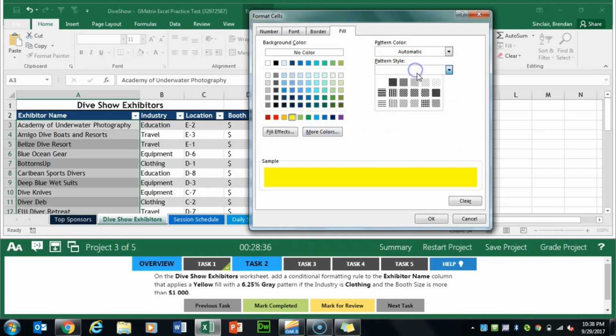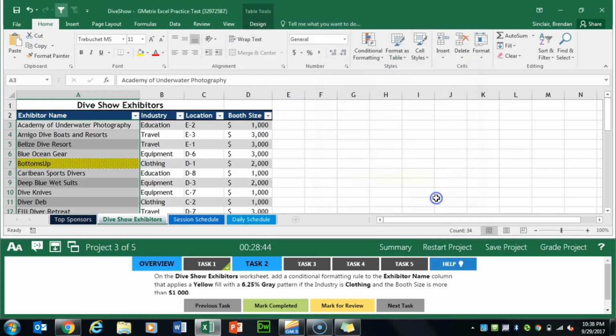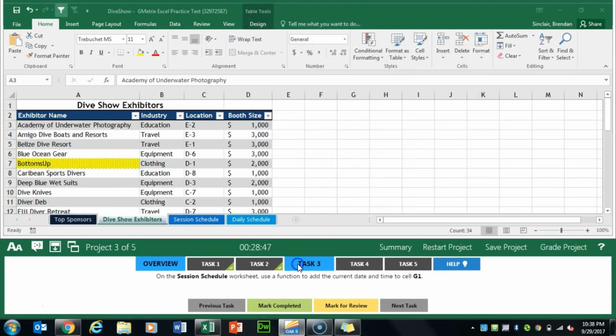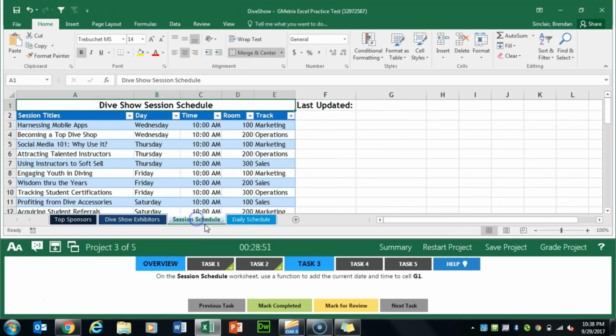And then our pattern style needs to be the 6.25% gray. If you're not sure, hover on that. It will tell you what you need. We'll click OK, and we'll click OK. We'll click Mark Completed. Task 3 asks us to go to the Session Schedule tab, and in G1,